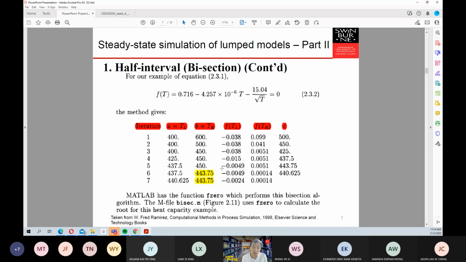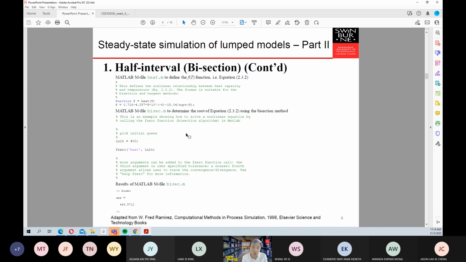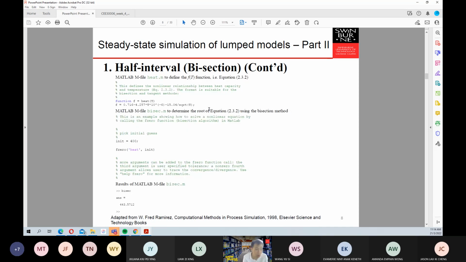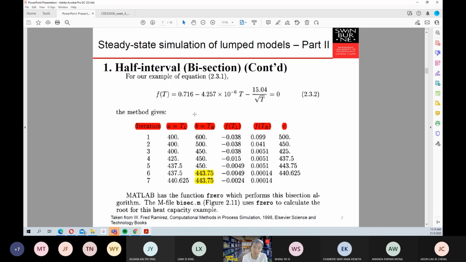Now, this can be done easily using a MATLAB tool. We call it fzero. The hitT in here is basically defining this function in here. This week's slides are very good for you to have an understanding of the basic MATLAB. Okay, so for these functions you need two MATLAB files. This MATLAB file in here is a function MATLAB file. This MATLAB file in here is a driver, basically. So this one that we call f_hitT is basically this function in here.